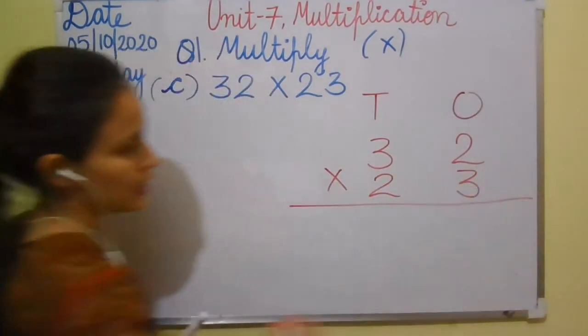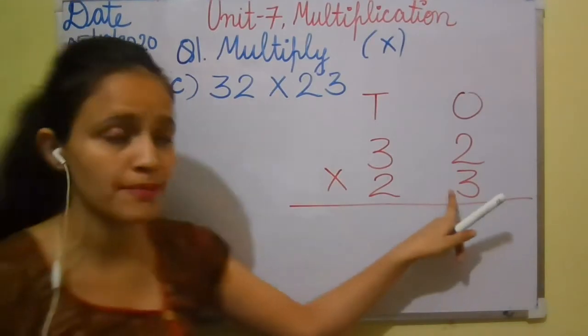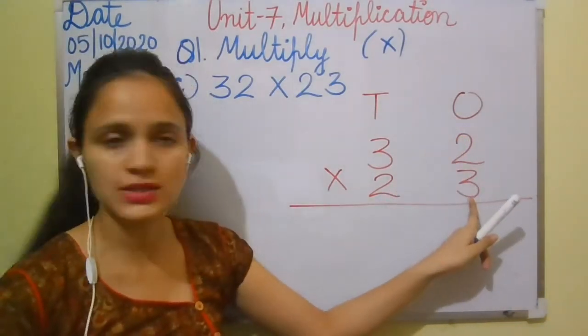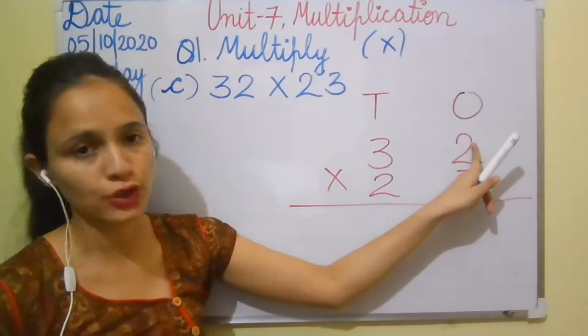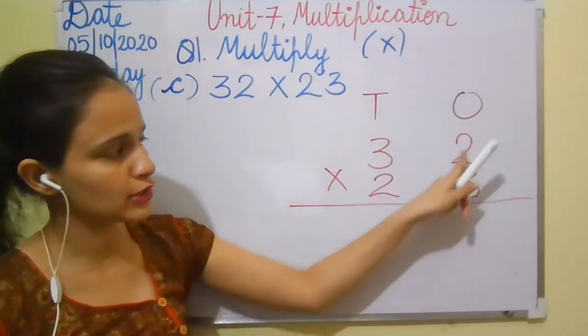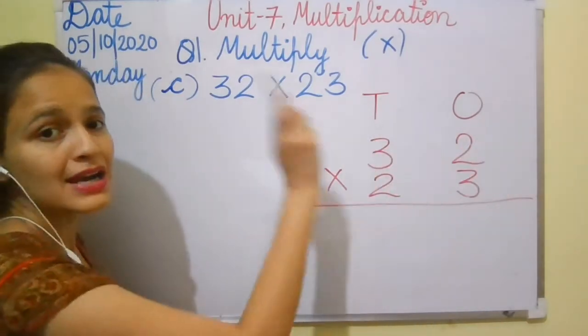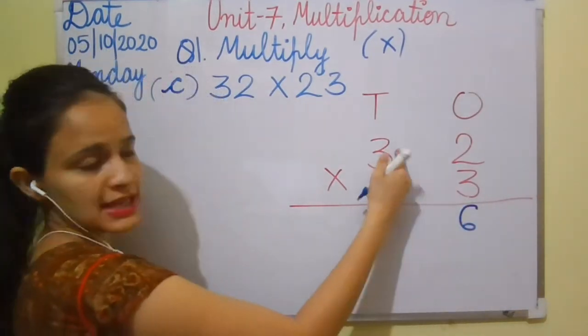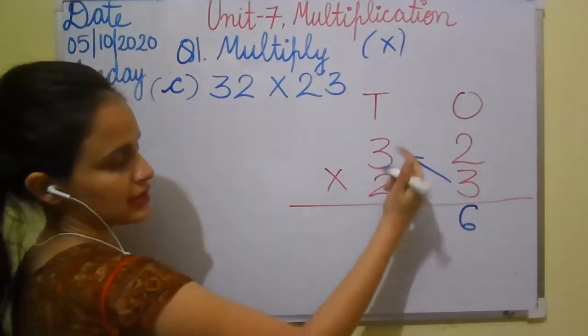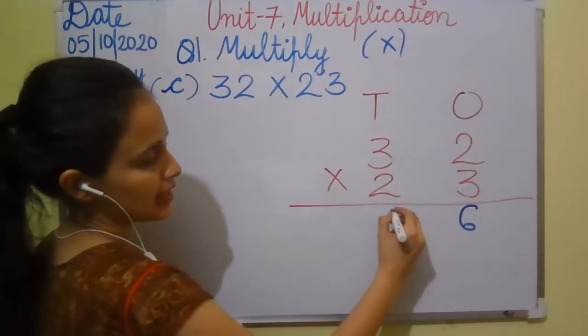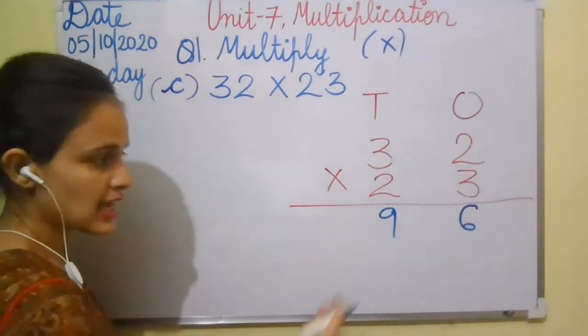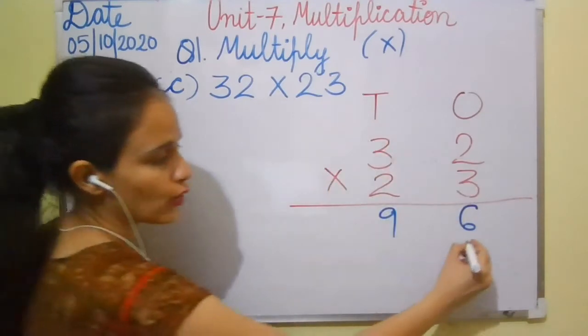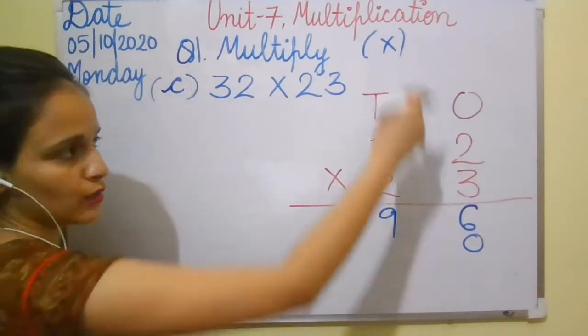Okay, now we are going to start solving from ones. Which digit is below in ones? 3. So 3 will be multiplied to 2 and then to 3. So 3 2s are, look carefully, 3 2s are 6. Okay, so we are going to write 6. Now 3 3s are, multiply this with this. 3 3s are 9. Correct. Now our ones part is solved, so we are going to put a 0 under the ones side.